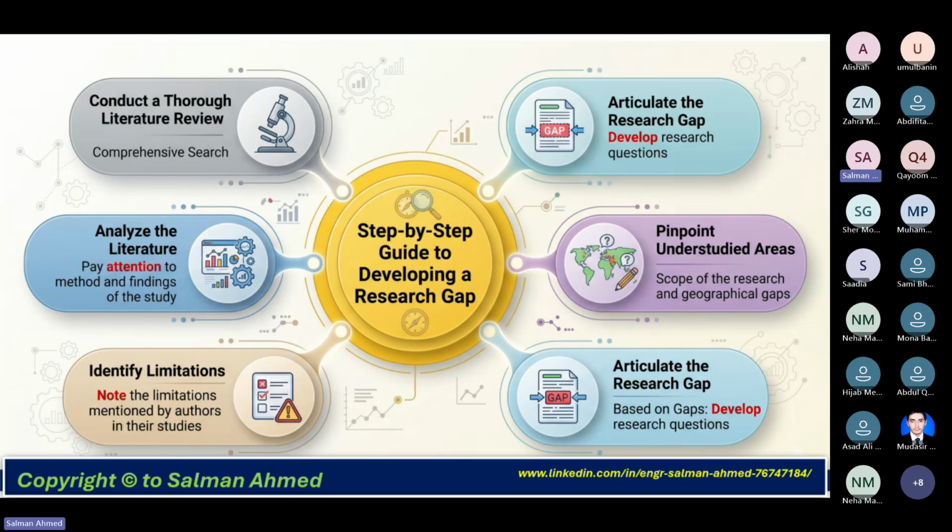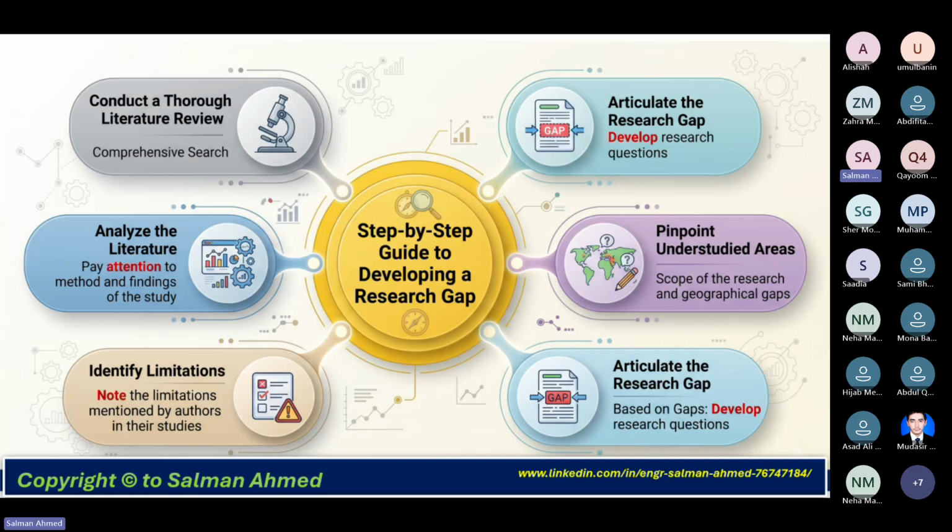Sometimes those solutions can be a very good research area for your master's and PhD, or just one paper. Then pinpoint understudied areas. As I already told you, when you have the research question, obviously you will find the understudied areas, the less focused or not focused areas on which you can work.